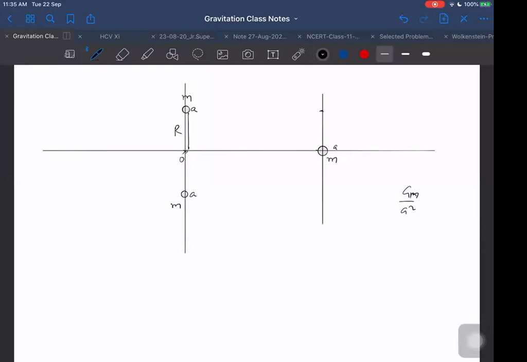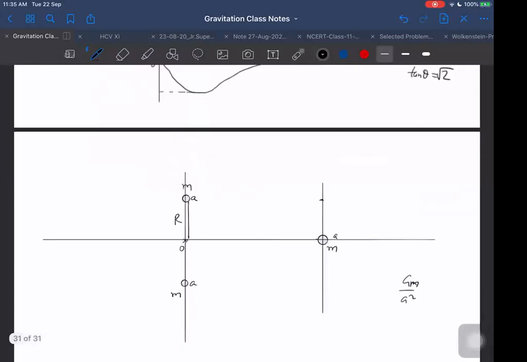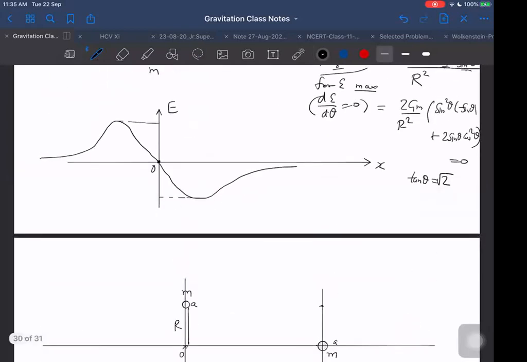So there it will be due to M now. Third mass. The third mass I will keep, let us say, here only. Better to keep here only. Then due to the third mass, the field will become something. Which side will it be, first of all? It will be attractive, this side, positive. Means it will be like this here.